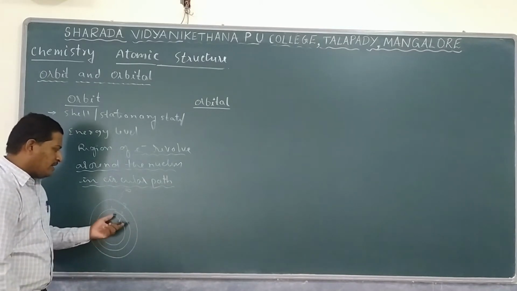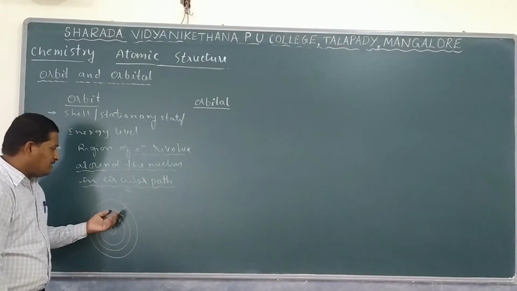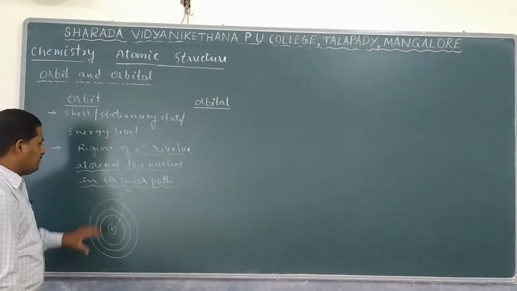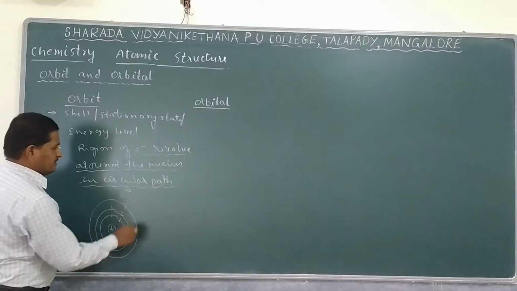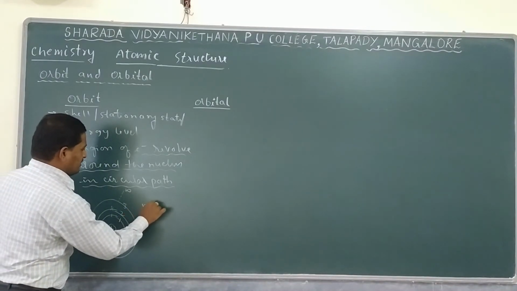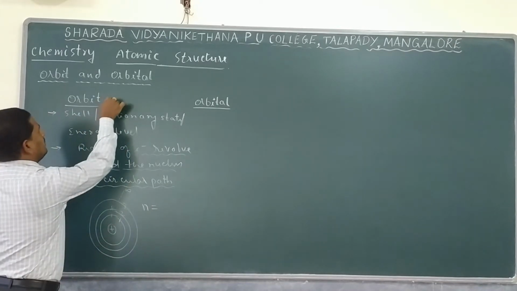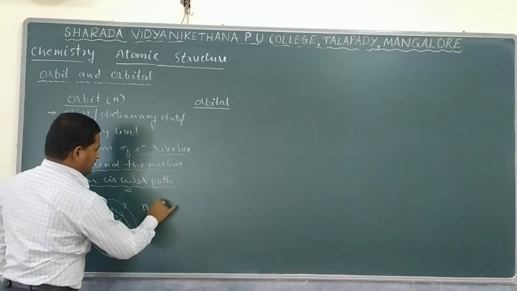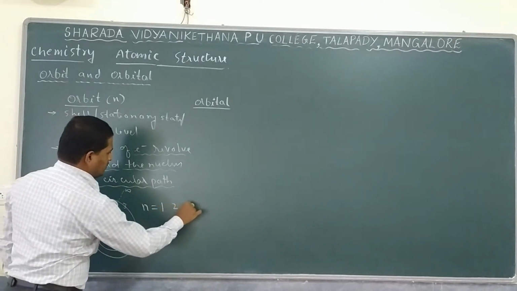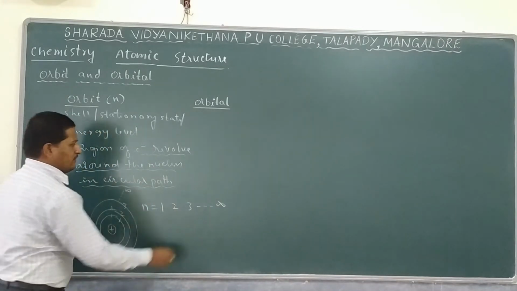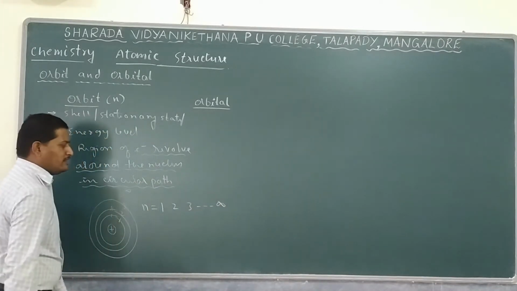And about their radius, velocity, and energy of the electron and the differences, we already observed in the previous video. So that represents the orbits. As well as orbits, it carries a value that is represented by n. n is the symbol for the orbit or shell or stationary state or energy level. It takes values 1 or 2 or 3, up to infinity, many number of shells one can find.